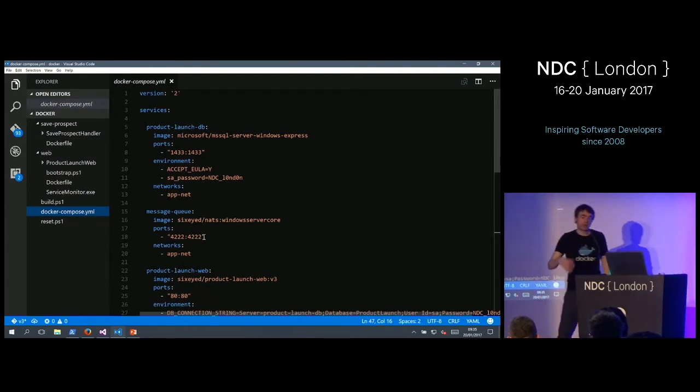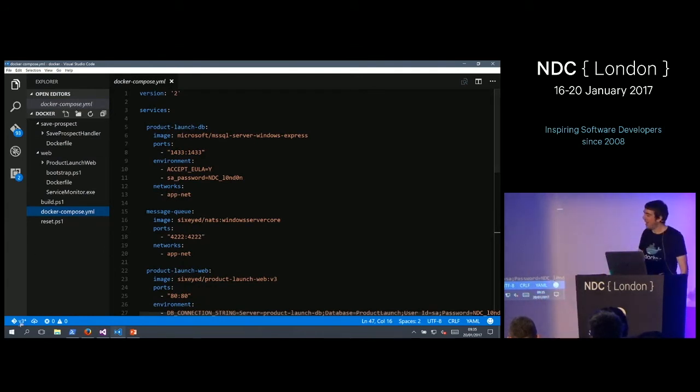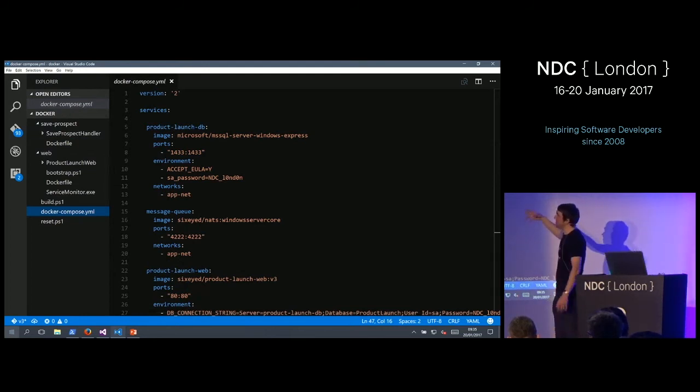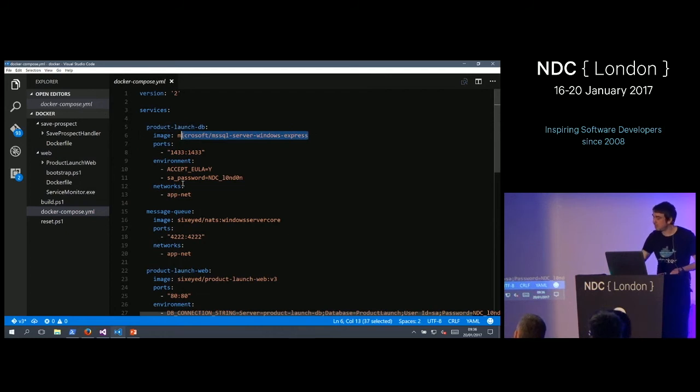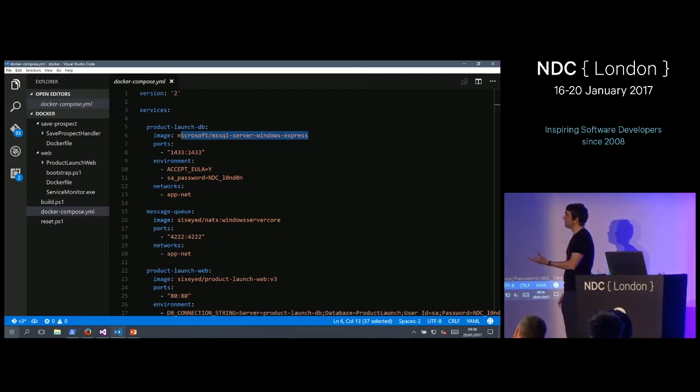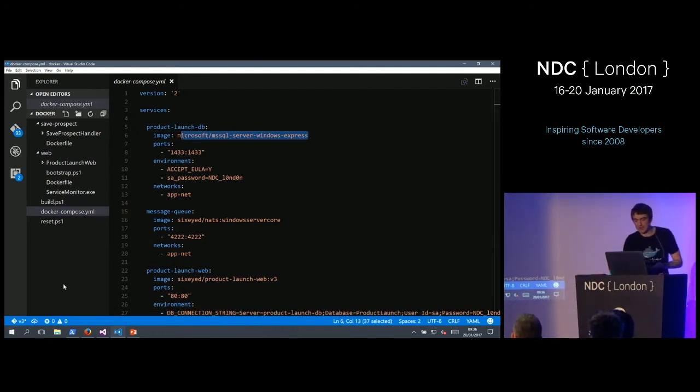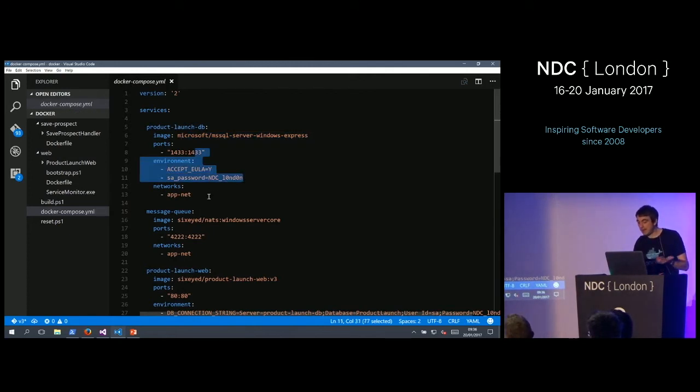So it's written in YAML, so it's fairly easy to read. And what it does is it just takes the place of all the Docker run commands. And you can use the same sort of values that you would pass to Docker run. So my database is my product launch DB. I'm starting it from Microsoft SQL Server Express image. I expose the port, I set the values for the environment that I need, and I connect it to a